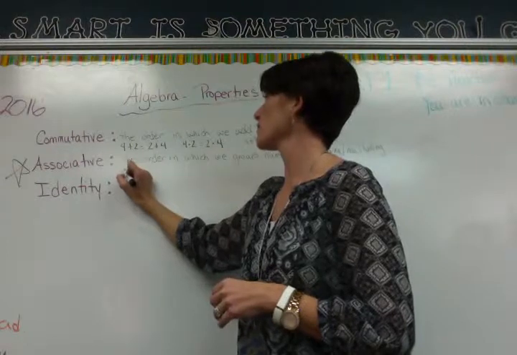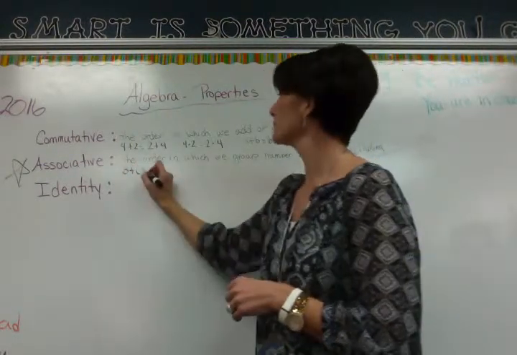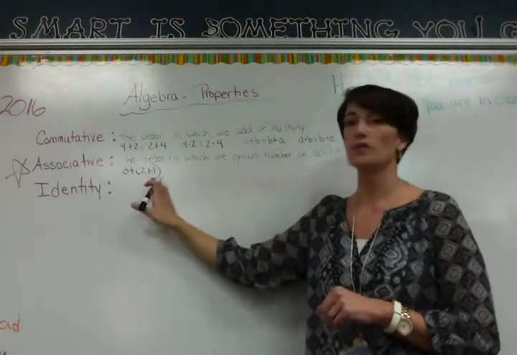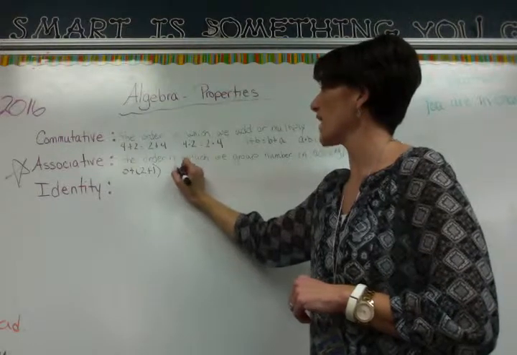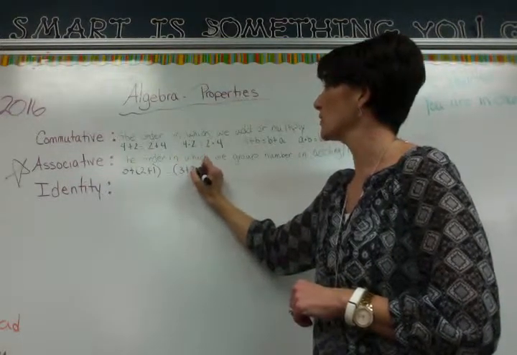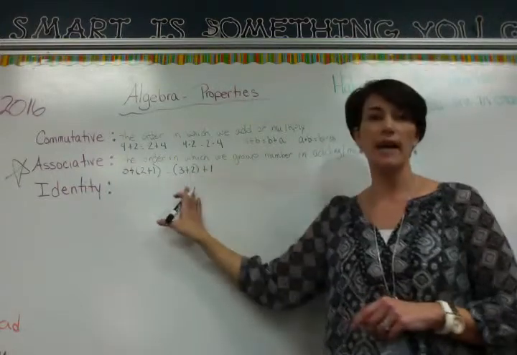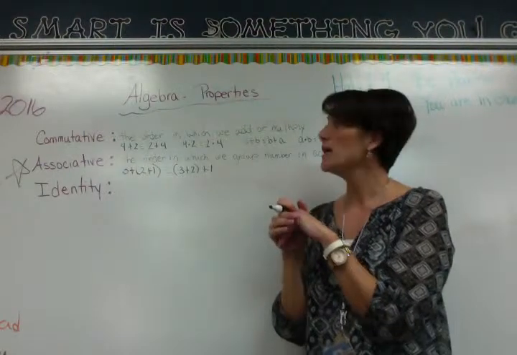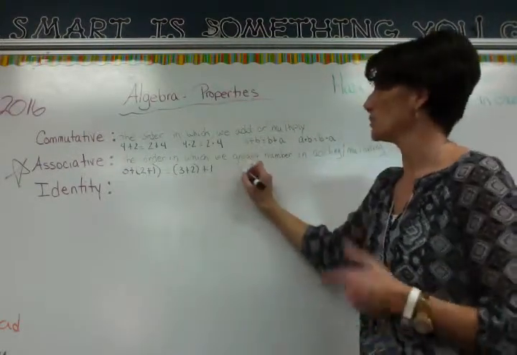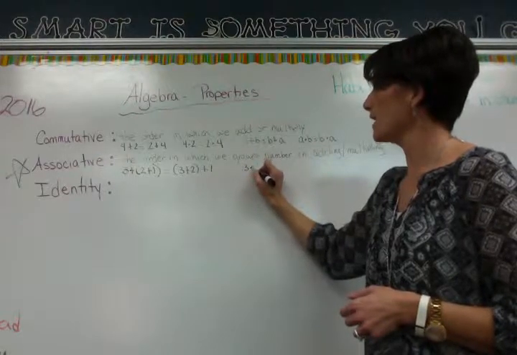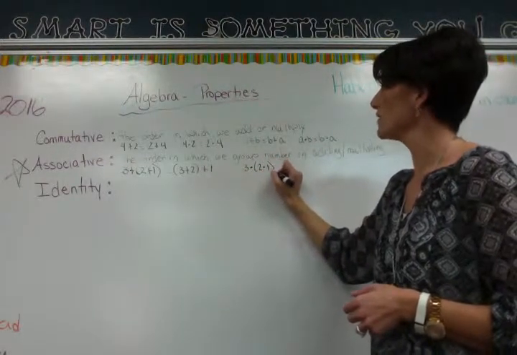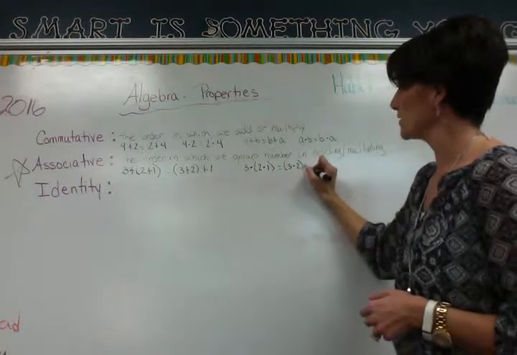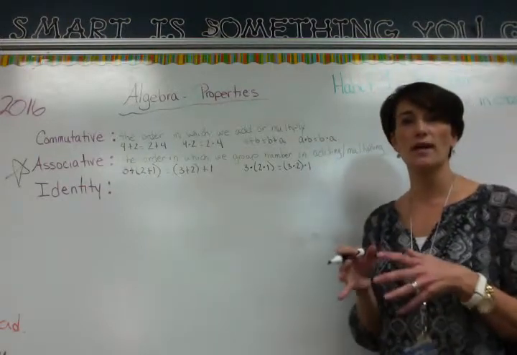So if I have the problem 3 plus parentheses 2 plus 1, that's going to be the same as if I have in parentheses 3 plus 2, plus 1. So it's exactly the same problem. All we did was group and use the parentheses on a different set of numbers. The same with multiplication. I'll just use multiplication in this case. 3 times parentheses 2 times 1 will give us the same answer as parentheses 3 times 2, times 1. So it's just the way that it's grouped